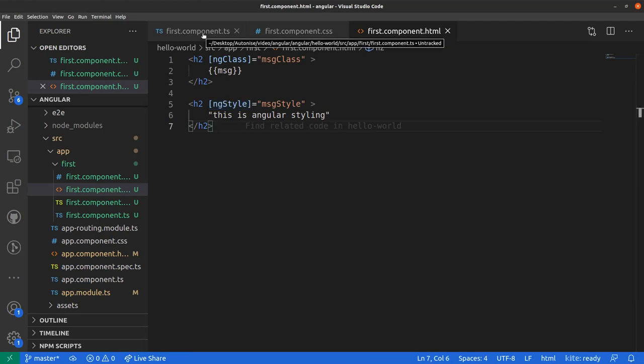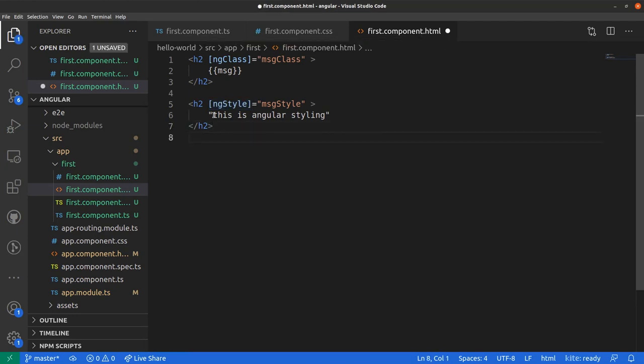And the last one of the one-way binding is event binding. What is event binding? Event binding is something similar to how we used to work with DOM events. So here we can have a DOM event and we will bind it to some variable or some object inside our TypeScript code. So let's have a button,